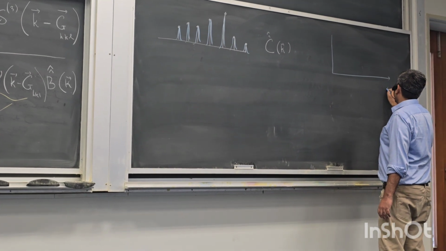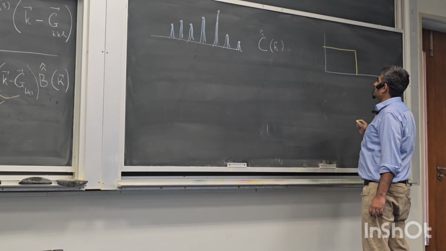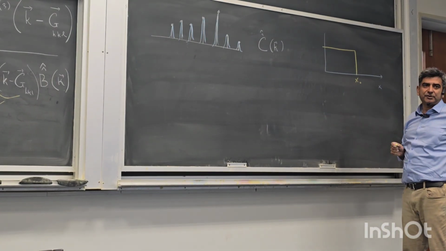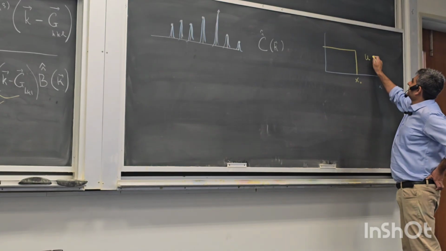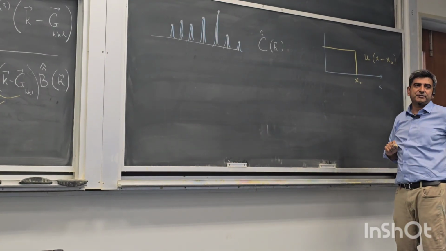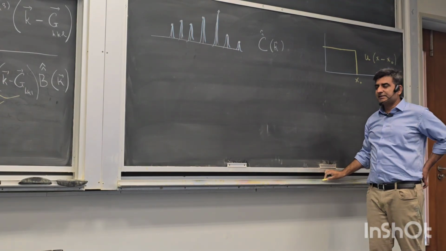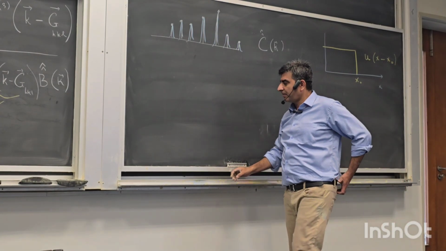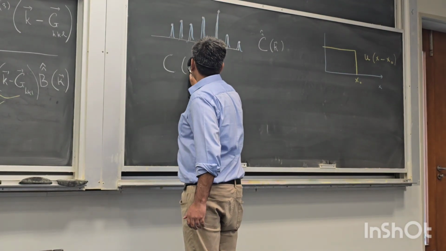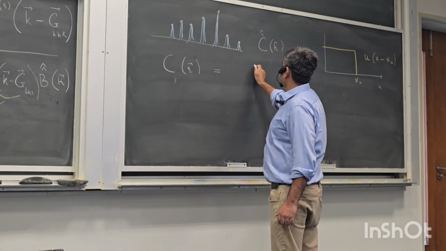So if I have some function of x which is 1 and then suddenly drops to 0 at some x naught, electrical engineers call this a unit step function. Correct? So I need some kind of shape function of this kind. So this entire crystal function C(r), if I take into account the shape as well, is L of